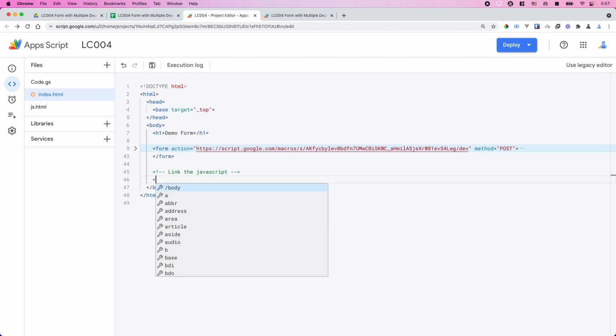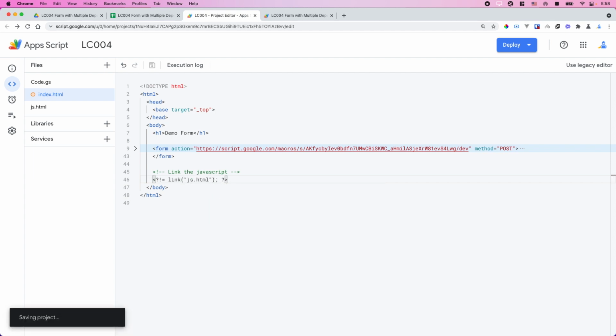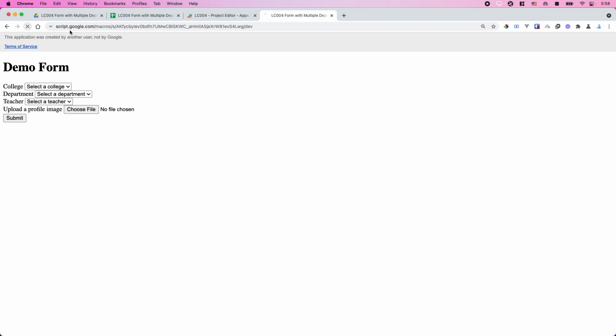So link it here. To link it, we have a very special tag here. I have to say we can only use this in Google Apps Script. Okay, so this is a special design for Google Apps Script, and we can call a function here. Include link, and the file name, which is js.html. Okay, we link it like this, and if I refresh this page again,